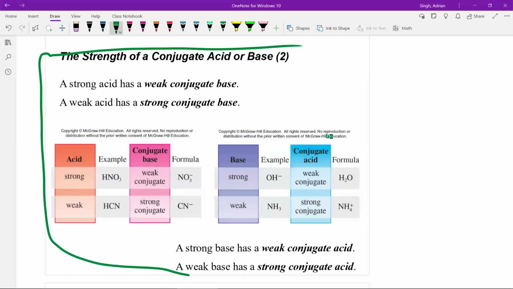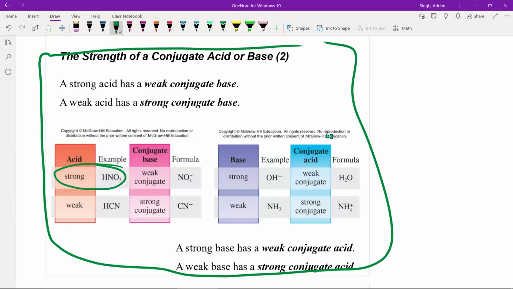So a strong acid has a weak conjugate base. For example, nitric acid is a very strong acid. The conjugate base here is the nitrate ion. It's weak. It is not going to grab a hold of protons. A weak acid, by contrast, has a strong conjugate base. So hydrocyanic acid, its conjugate is the cyanide ion, which actually grabs a hold of H plus to form more